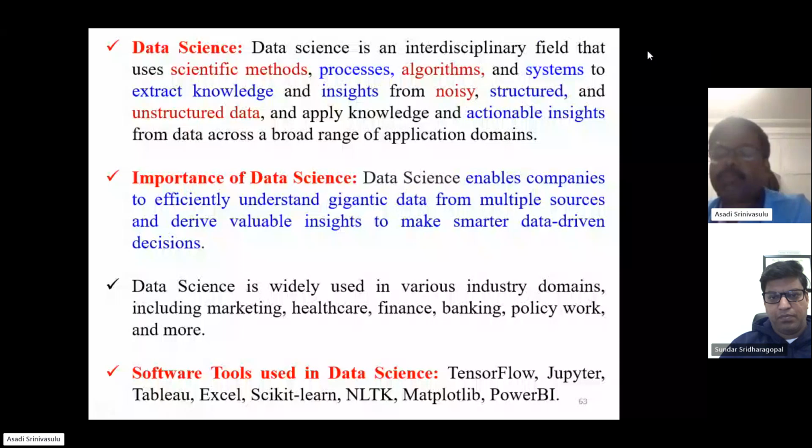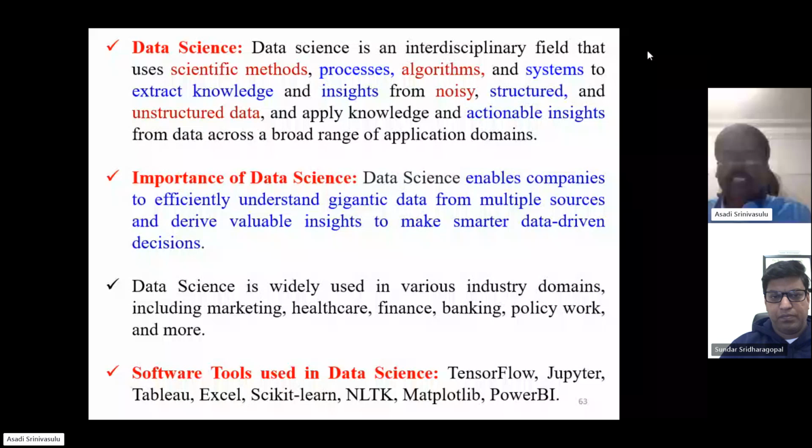Then we are going for Matplotlib. It is a visualization library in order to generate n number of visualization graphs like a pie chart, bar chart, line chart, scatter plot, etc. Then Power BI is also one kind of Tableau-like visualization tool. We can generate n number of transformations. We can perform transformations. We can generate visualization graphs, etc.